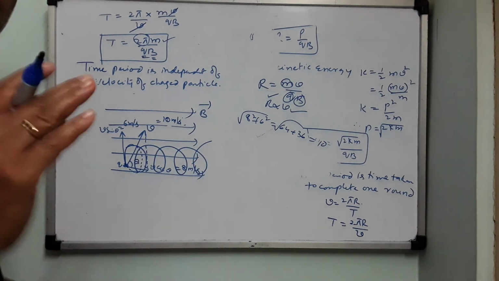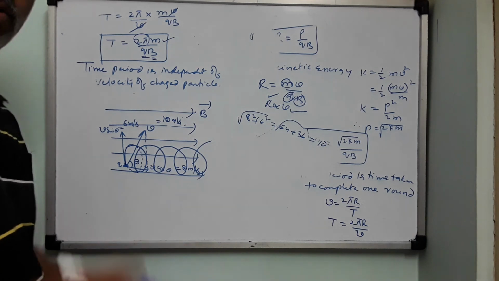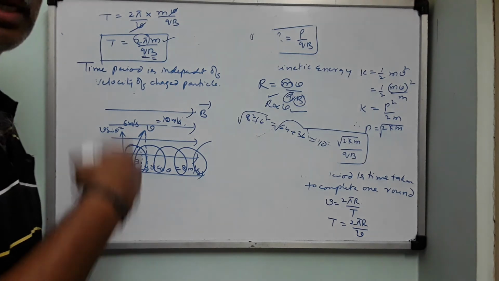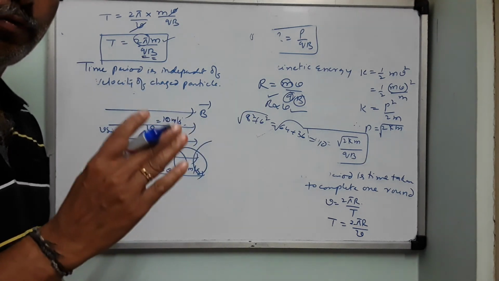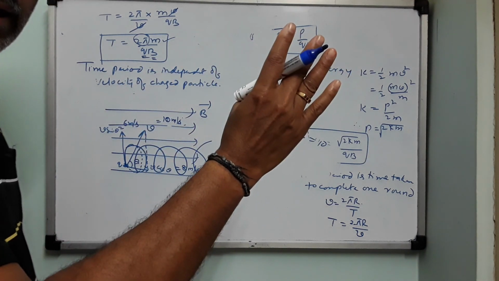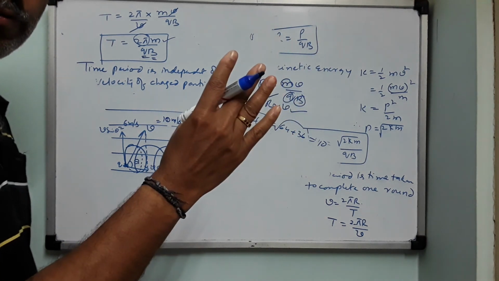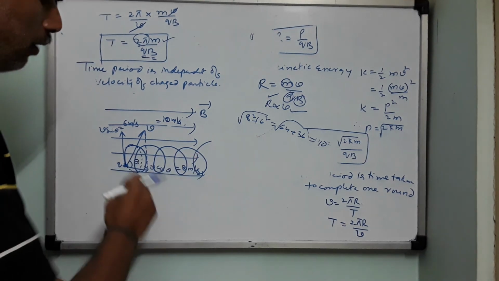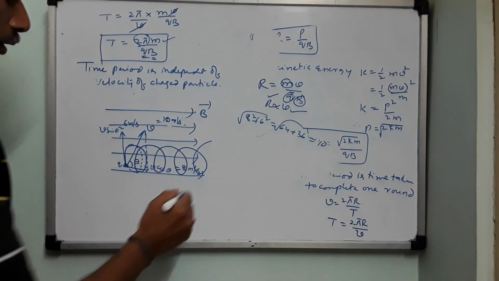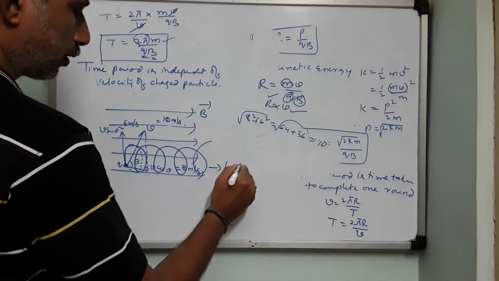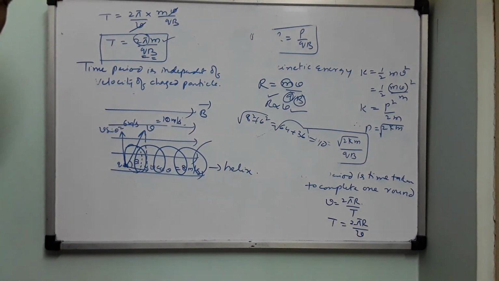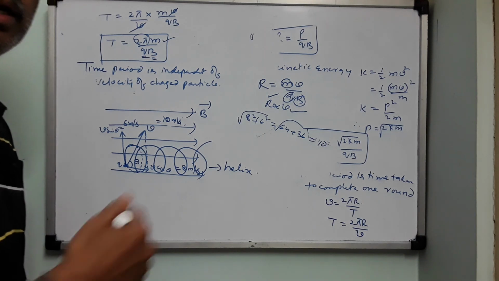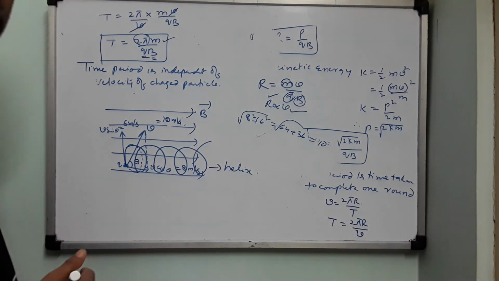So when the velocity is perpendicular to the field, children, if the charge is fired perpendicular to the field, no doubt it will move in a circular path. But if the velocity takes some angle, if you make an oblique projection, then it cannot move in a circle, rather it will move in a helical path. So this is known as what? Helix. A combination of linear motion and circular motion is nothing but a helical path, and this is known as a helix, like a spring.